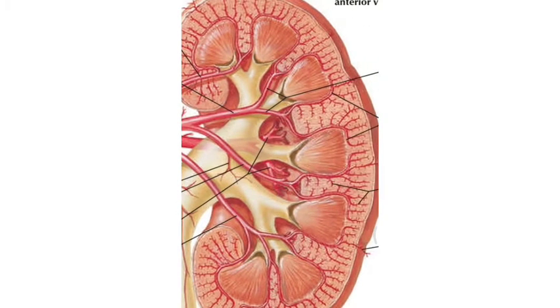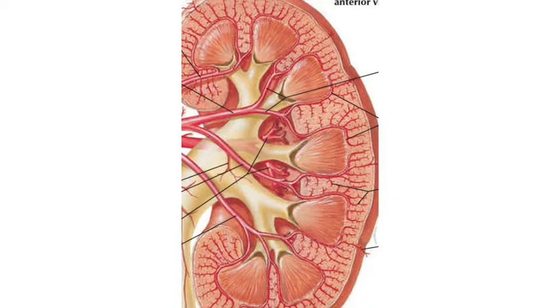Each lobar artery divides into two interlobar arteries. From the interlobar artery, when it passes in the renal columns and reaches the base of the pyramid, they form the arcuate artery, which